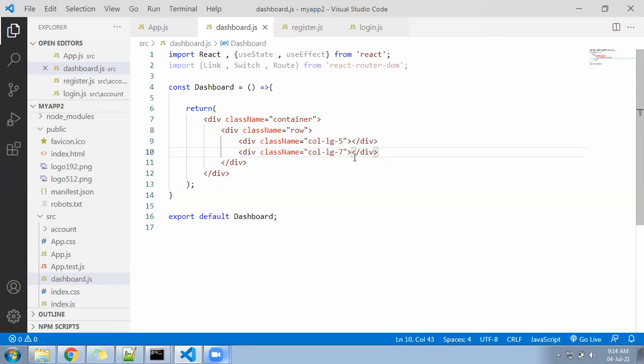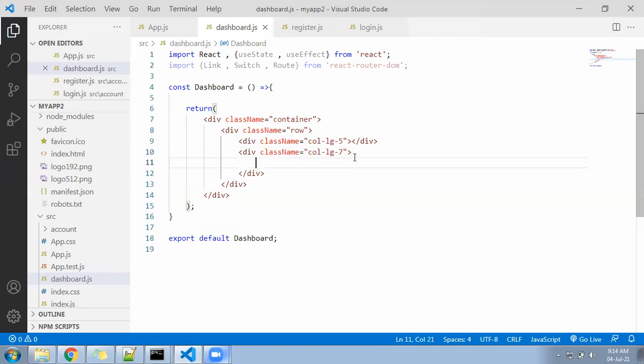Inside the 7, for now you create a button, and inside the button write welcome. For this you can write text: welcome whoever is logged in. Someone is logging in, no? Their name we have stored under the local storage.